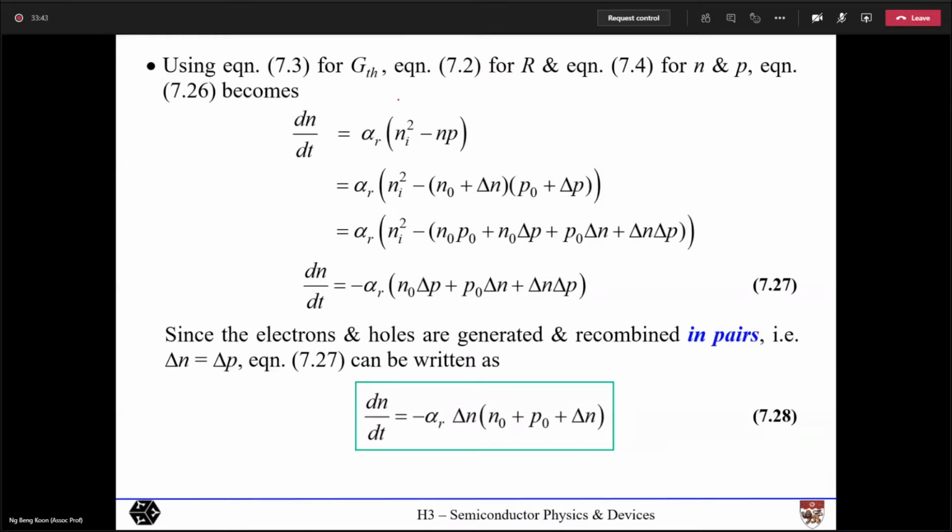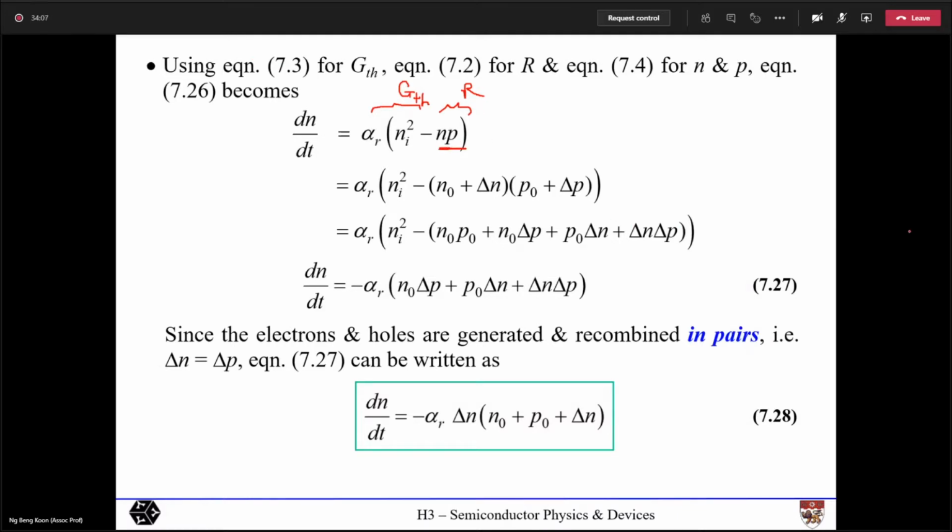With the two terms, G_th minus R, we can put in the respective terms. This alpha_r n_i squared is your G_th, and the other term alpha_r np is the recombination rate R. As we have seen previously, n and p are really n naught plus delta n